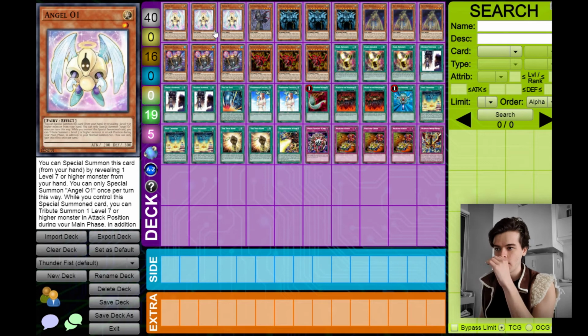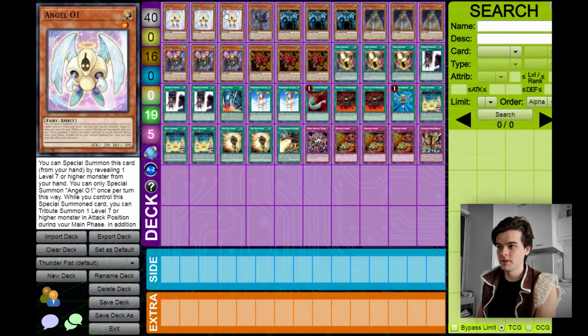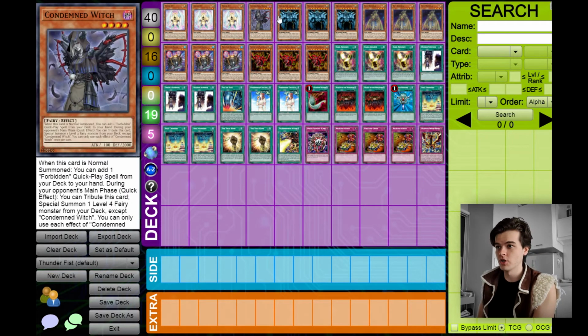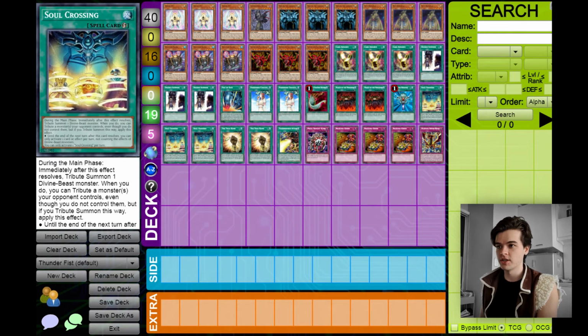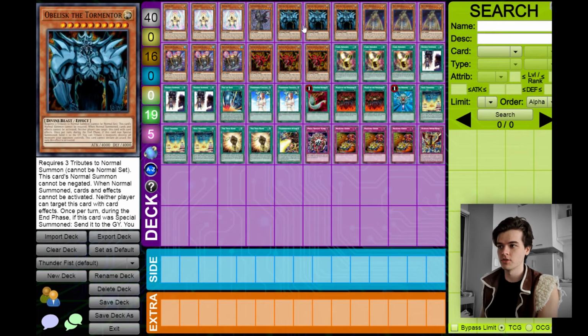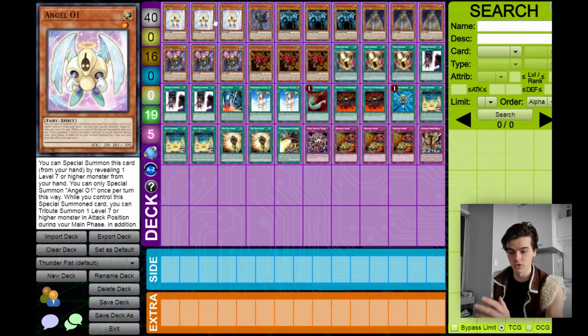Now Angel 01 also works in other ways, in that he can special summon himself. So if your opponent has 2 monsters and all you've got is your Angel 01, you've also got Soul Crossing. Steal their 2 monsters, special summon that Angel 01. Or if they have 1 monster, this works too, and you've got Angel 01 and Condemned Witch, who doesn't bring out 3 copies of herself. So you summon Condemned Witch, special summon Angel 01, Soul Crossing, steal your opponent's monster, tribute these 2, summon Obelisk. So Angel 01 has a lot of uses, as well as giving you that extra normal summon, which is integral